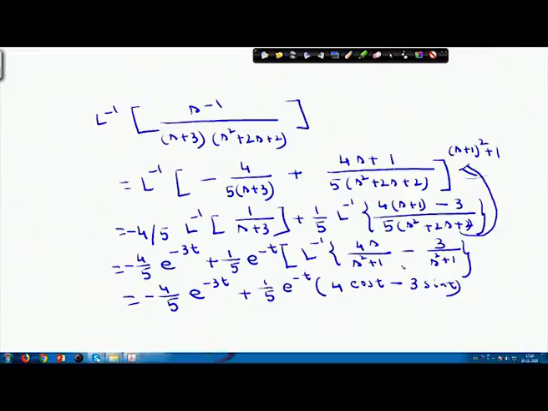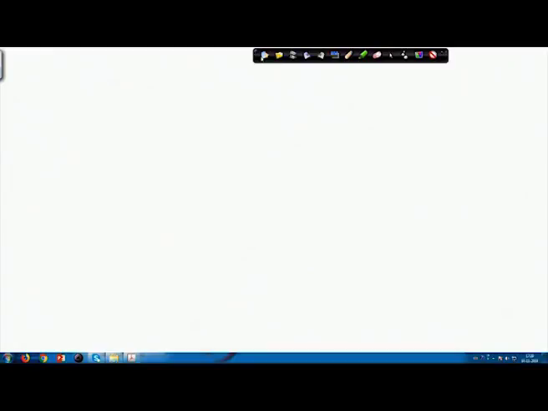So if you see here, the trick lies like this. Whenever I have a product of two functions, I have to break it in such a way that in each denominator I always need one function. And if in the denominator I have something like s plus 1 whole squared, then using the property I can write this as e to the power something into L inverse of, and I can break it into parts. Like that, I can obtain the solutions. In the next lecture we will go through some more examples.